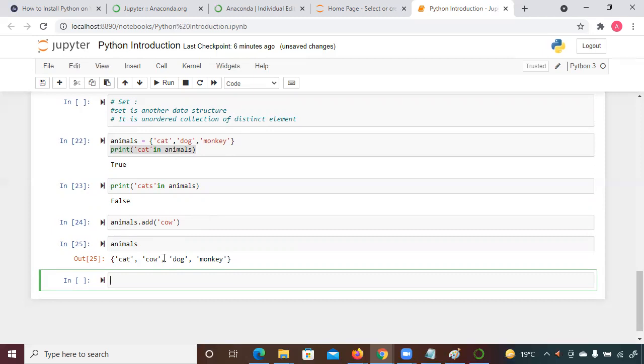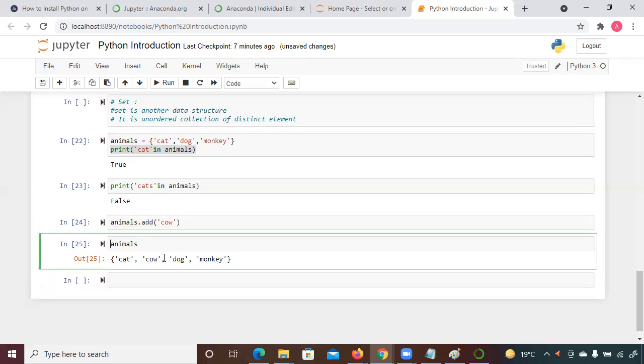A set is another data structure, and you might have studied it in 11th and 12th grade. A set is a collection of elements which is unordered, and it holds distinct elements.